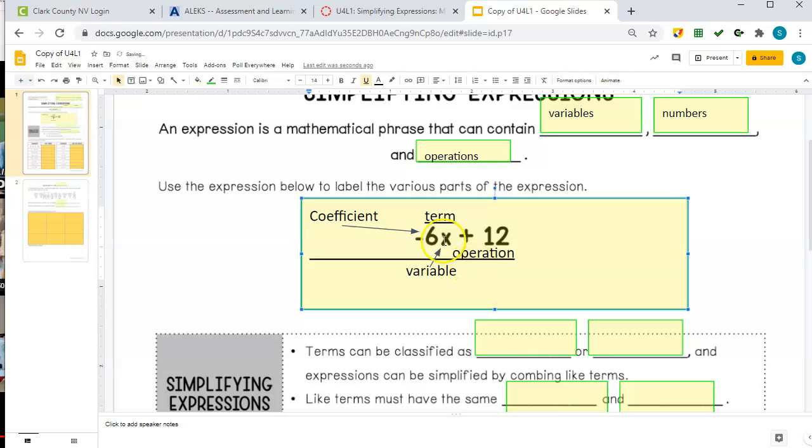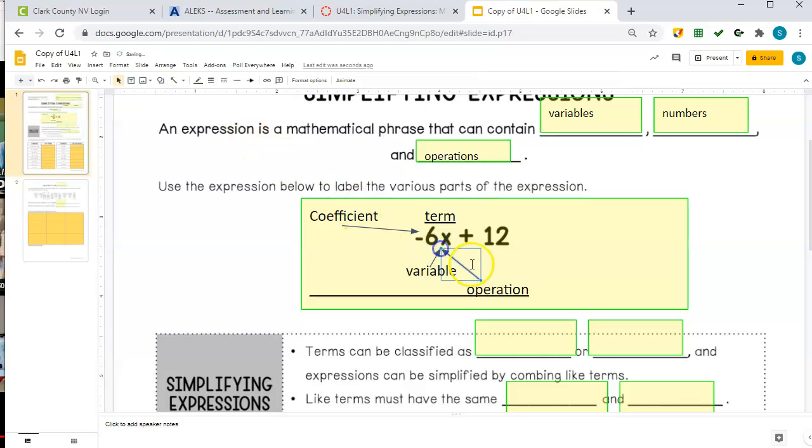Now we've actually got another operation because we've got a multiplication in there. And so maybe I'm going to write that operation somewhere else. So we've got two different operations. We've got a multiplication in there and an addition. So one there, and one,